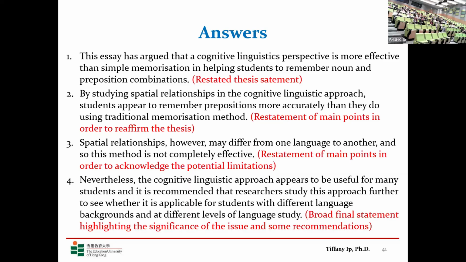And hopefully with these samples, you will see that the structure is rather standardized. That's one. And the second is that introduction and conclusion are never a one-line summary. We need to give sufficient information to our readers. And somehow the stance is always repeated. But we need to repeat it in strategic ways so that it doesn't sound repetitive. That's why you need to broaden your vocabulary and use different connecting words to signal the information.